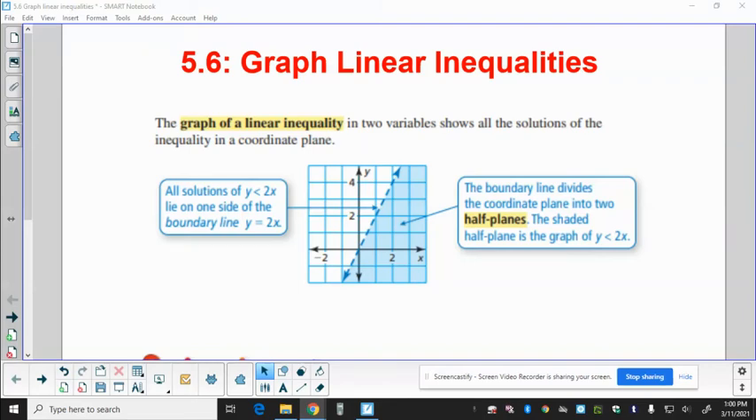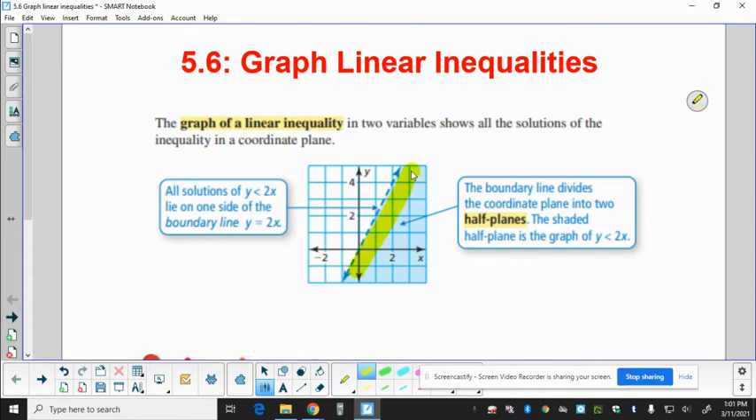Today's lesson, we're going to head into section 5.6. We're going to try to graph what's called a linear inequality, which uses the same properties as graphing a line. So as you look at this first definition up here on the board, it explains what the picture may look like when you graph an inequality. The thing to be considered is that when you graph a linear inequality, you will have a solution region that